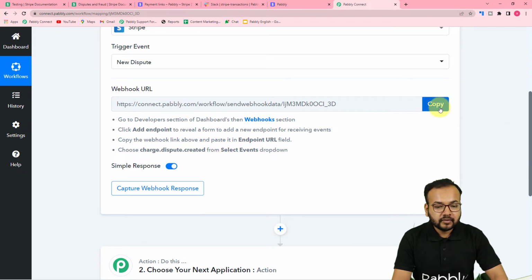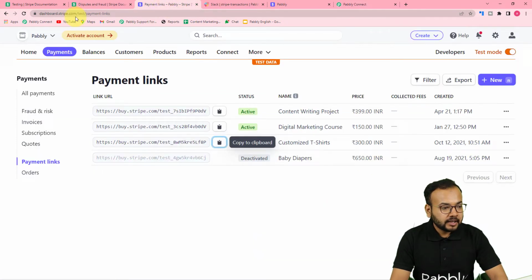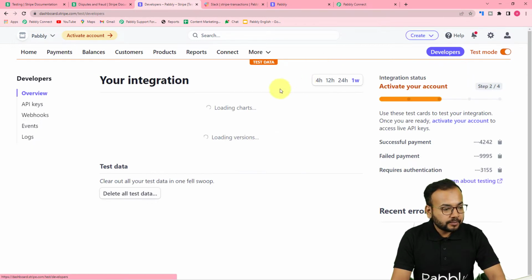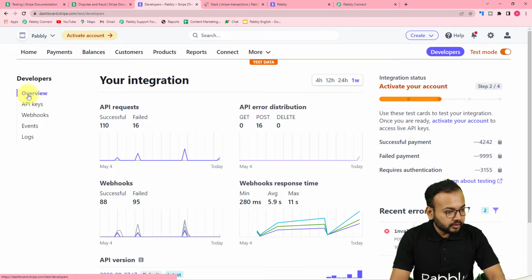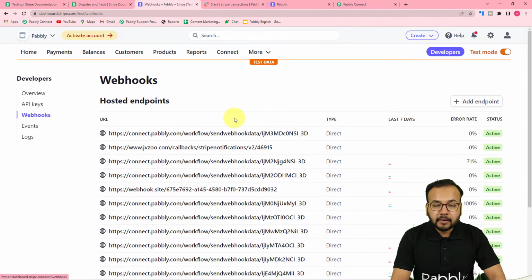So first of all, you just have to copy this webhook URL, and then you have to go to the dashboard of Stripe. Okay, so this is my Stripe applications dashboard, and here we are in the test mode because we are setting up this automation. So click on developers option, and under the developers option on the left hand side panel you will find this webhooks tab. Click on webhooks, and under the webhooks, guys, you have to click on this plus add endpoint button